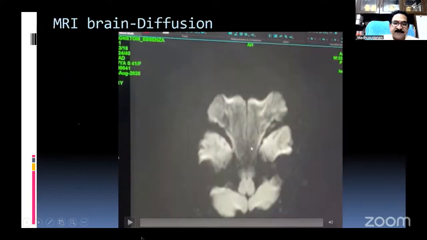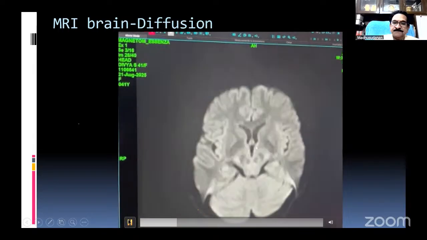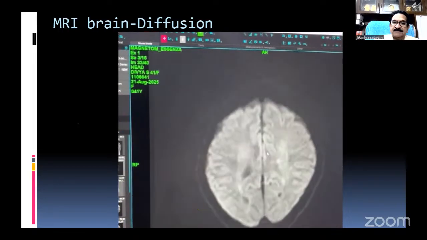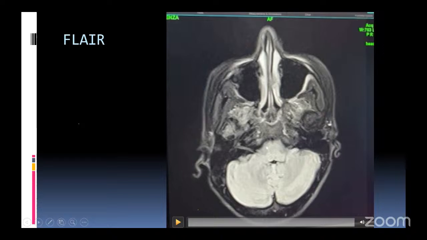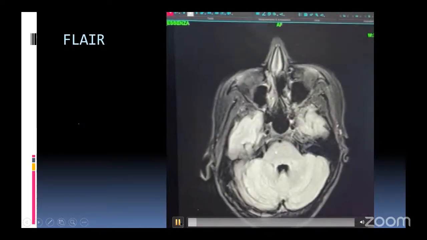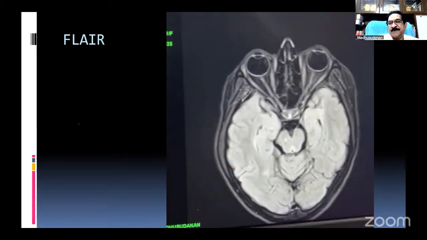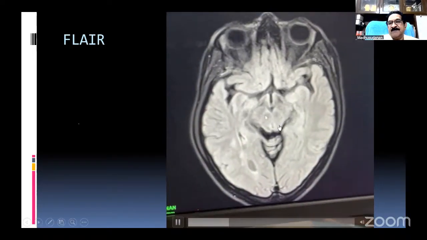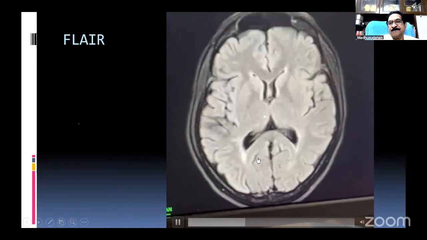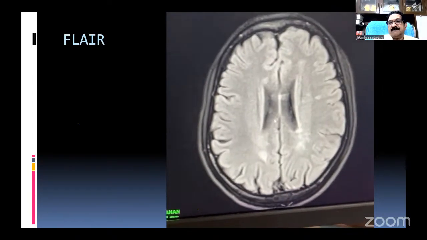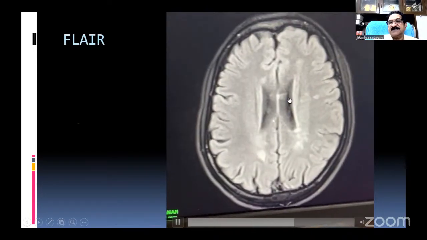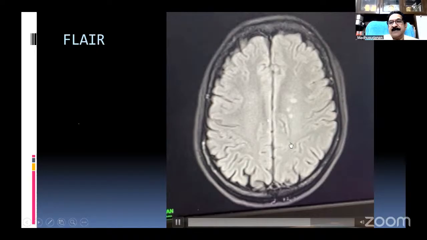Now, this is the MRI of the patient. Diffusion, normal. What is the commonest cause of bilateral INO now? Multiple sclerosis. Yeah, right. This is the FLAIR. We can find some abnormality in the pons region. I'll show that once again. In T2, in subcortical white matter, you can see multiple T2 FLAIR hyperintense lesions in the corpus callosum, periventricular region, abutting the ventricle like this.